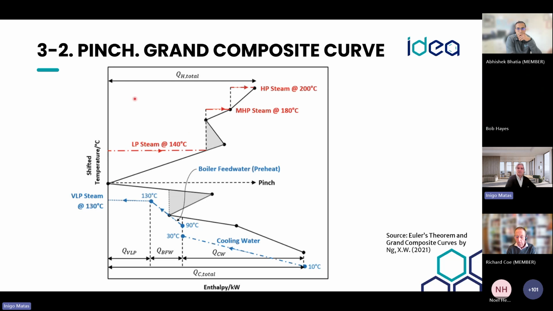Above is part of the system that requires energy supply, and below is where there is an excess that we have to remove. As we can see here, one could say this is all the heat that needs to be added, and we can do it with steam at 200 degrees. That will be quite easy, but that prevents us from using energy at lower levels. For example, most of that could be done at 140 degrees. This part could be done at 180.